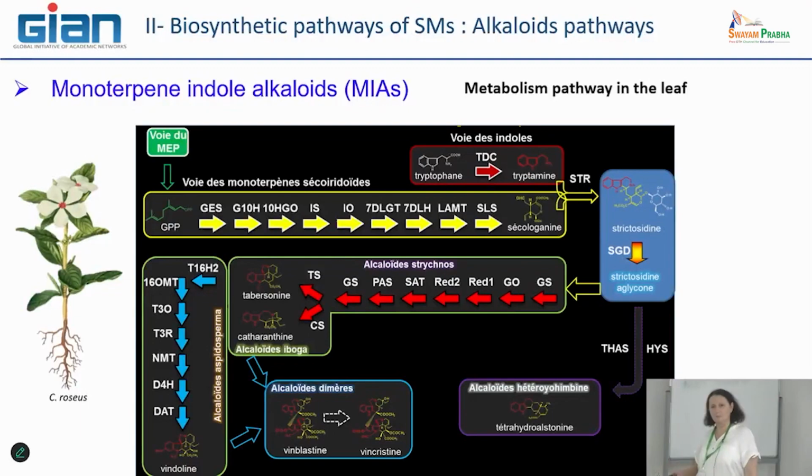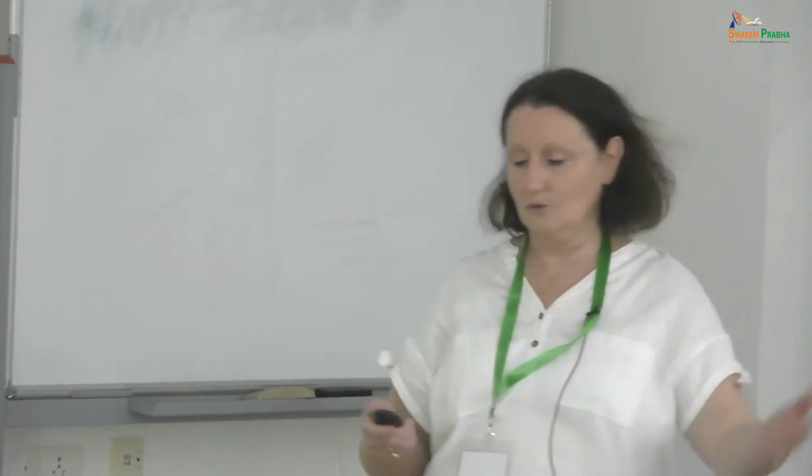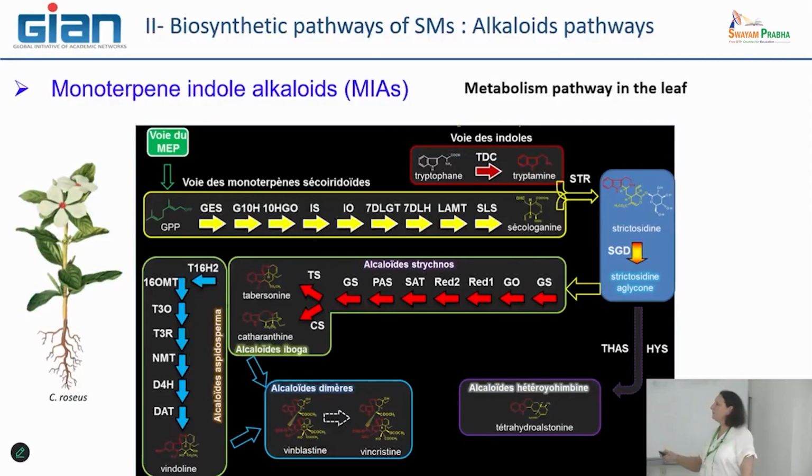And with this method, in 1 year, you can discover more than one gene, perhaps sometimes 2, 3, or 4. All the genes discovered are so important that you can publish each gene discovery in a very high level publication. So it's not so easy to find. This is why it is also a challenge for fundamental research, because afterwards it's a new tool for applied research, in particular to rebuild this metabolic pathway in yeast.